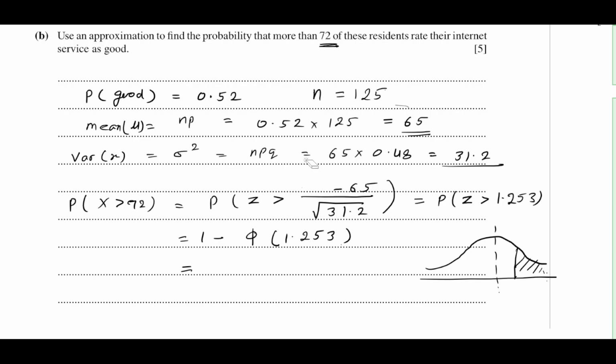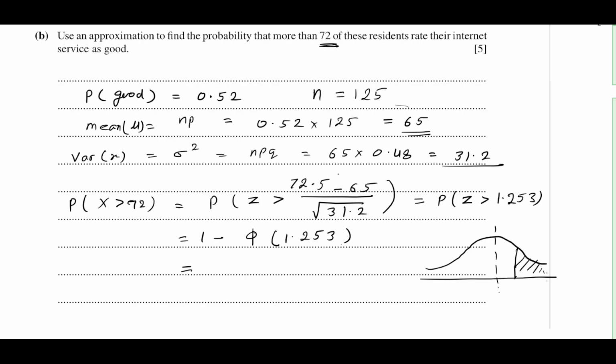A discrete function, discrete form we have to convert into continuous, and therefore I will say 72.5 because I do not want to include 72. If I want to include 72, then the same will be 71.5. So it is 72.5, and then if I use this value, 72.5 minus 65,